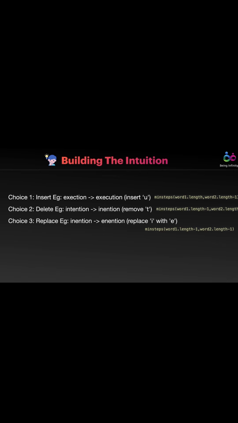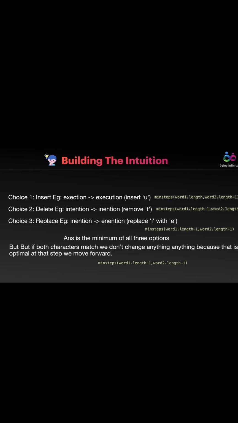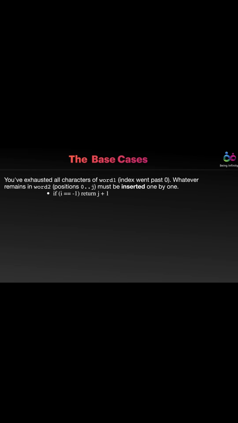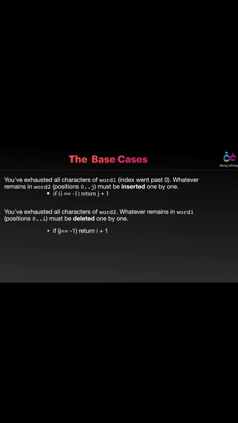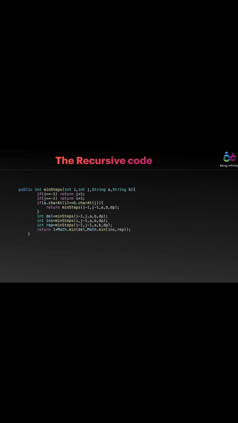But we also have one more option. If both the characters match, we move forward with the remaining length of the string and calculate the minimum steps. And moving forward, we also need to identify the base cases. If word 1 gets exhausted, we have to add the remaining characters of word 2, that means the remaining length of word 2 will be added. And if we exhaust all the characters of word 2, we have to return the remaining characters of string 1 to delete them. The recursive code looks like this,